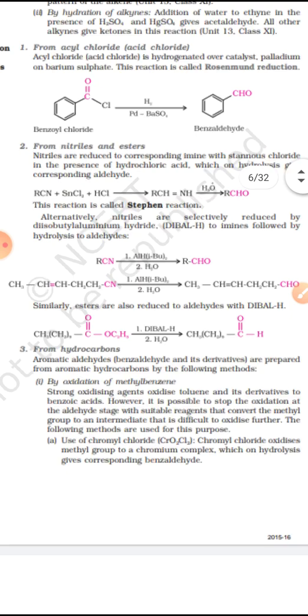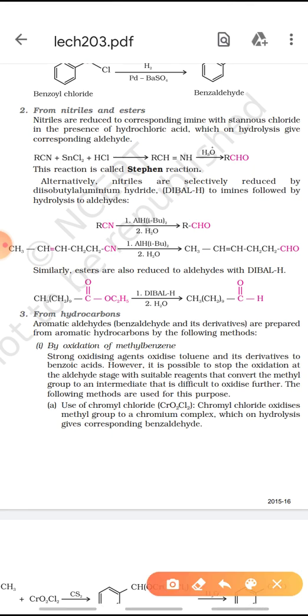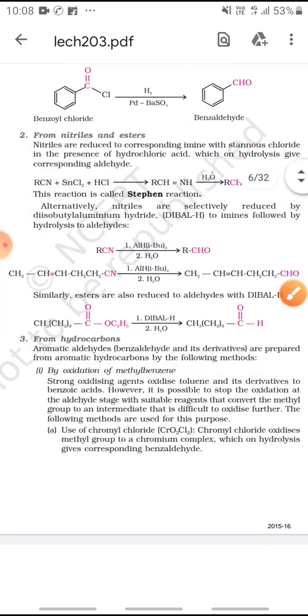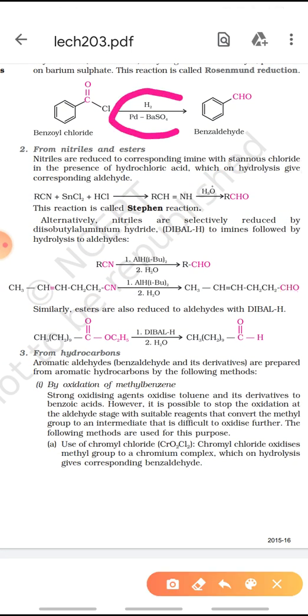This reaction is an important name reaction and is known as Rosenmund reduction. You have to remember, wherever the catalyst hydrogen in presence of palladium and barium sulfate is used, that means that reaction is Rosenmund reaction. It also comes in the board exam in the form of complete the following reaction.